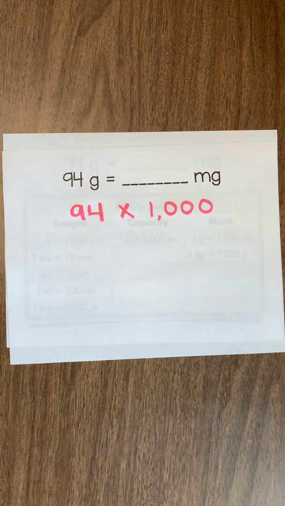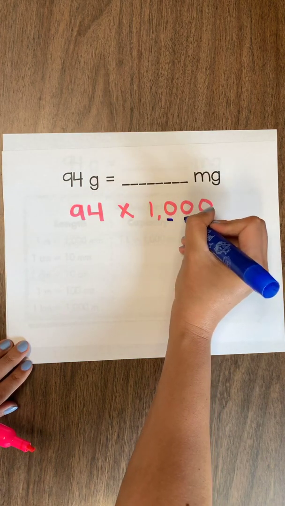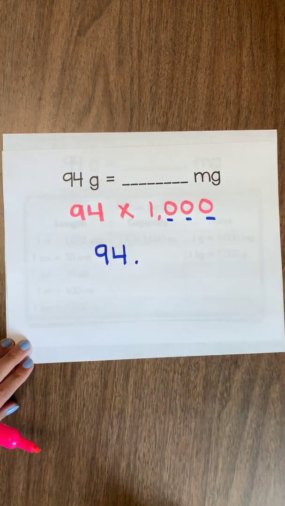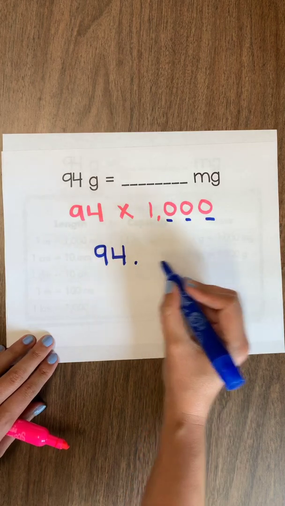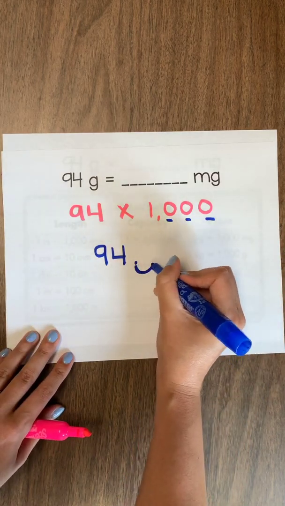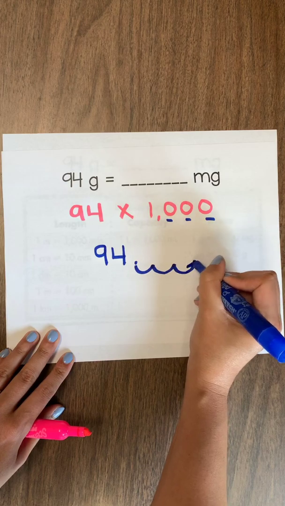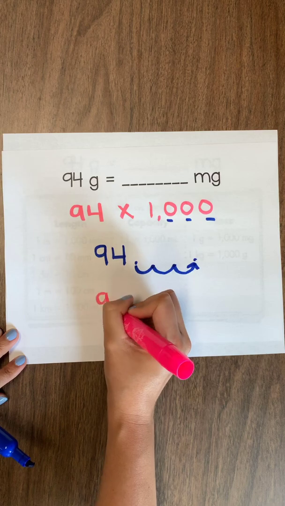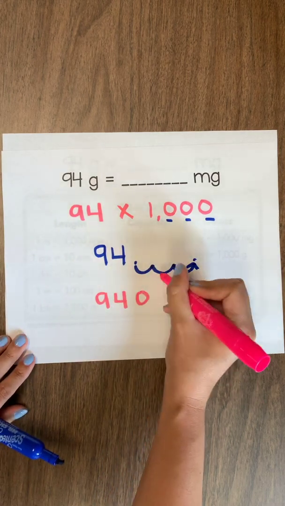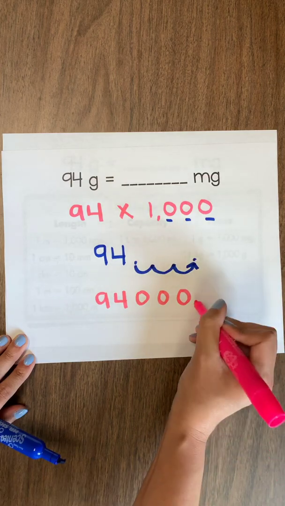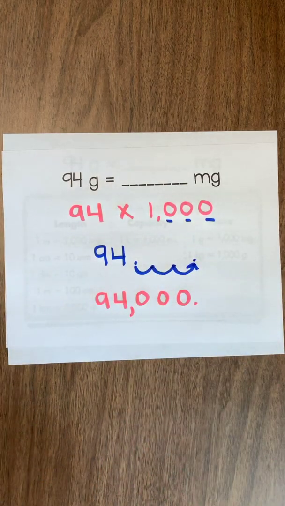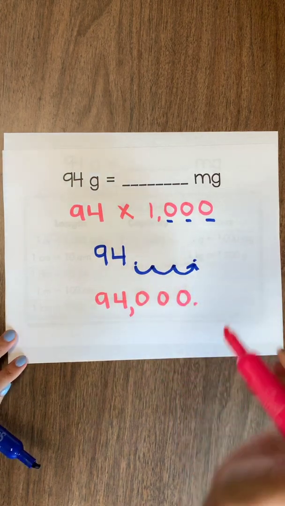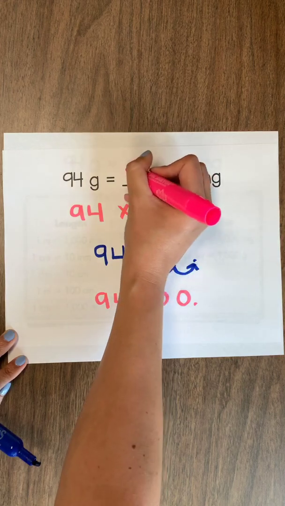So in the number 1,000, I can see that there are 3 zeros. So if I take my number, 94, I can move the decimal 3 times, and it needs to be moved to the right to make it bigger. So here we go. 1, 2, 3. So it needs to go right there. So we just pull down that 94, and in those blank spots, we would just need to annex 3 separate zeros. And then we'd put our comma. So technically it's 94,000, so we don't need that decimal, and it would still be 94,000. So 94 grams is equal to